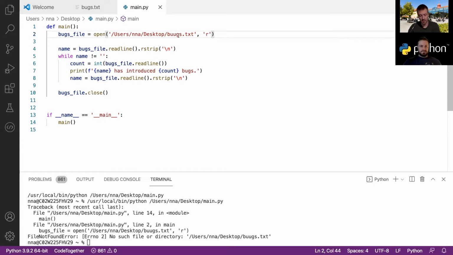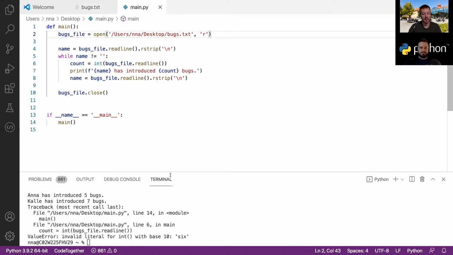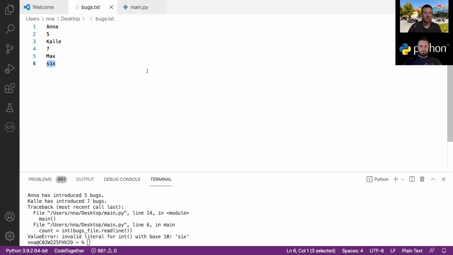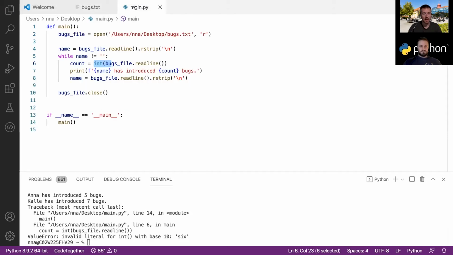And the same goes if I, for example, instead of saying that Max has 6 bugs, I write 6 with letters. And then if we try to run it again, we see the same thing happens, that the script crashes. And in this case, it's here when we're trying to read a number and convert it to an integer. It cannot do that because we write it as the word 6 instead of using the number 6. So let's see if we can fix this by introducing some exception handling or some error handling into our script,